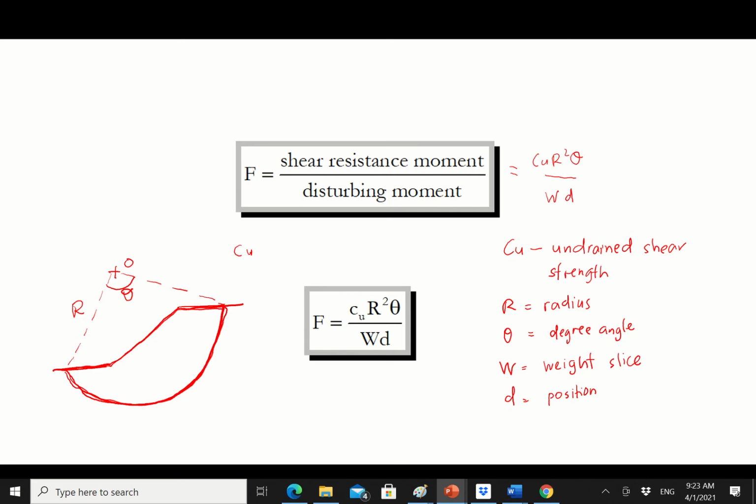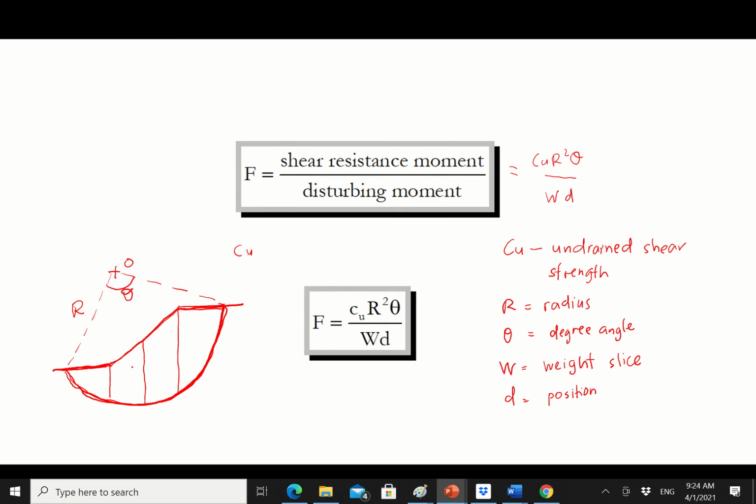And then next we want to know what W is. W is the mass of soil. And eventually we will solve this kind of problem by dividing your slope into several slices. Okay, most of the time we try to make our slices equal, with equal width if possible, and the